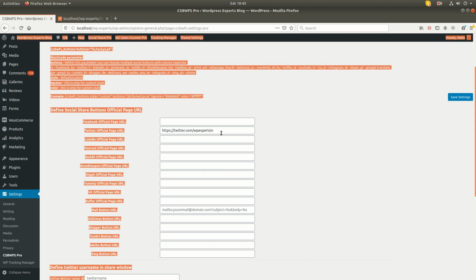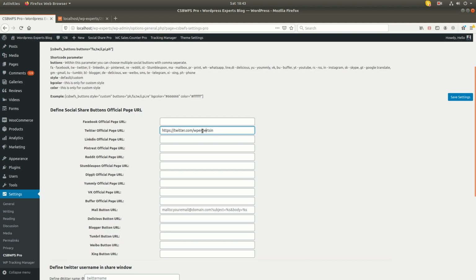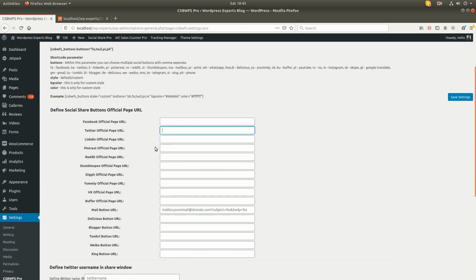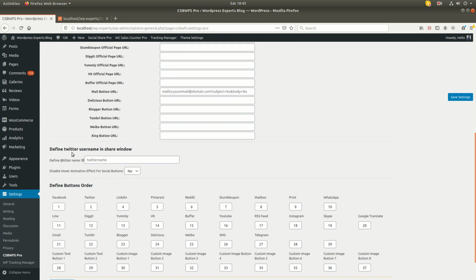Let me explain the setting. This one we have given the feature name as tag. This will work only when we are using Twitter as the social button.